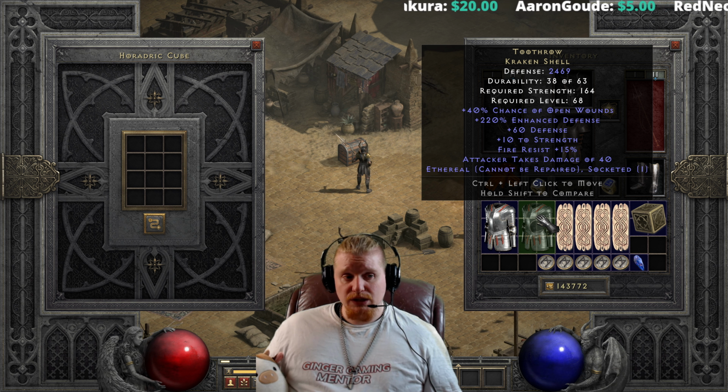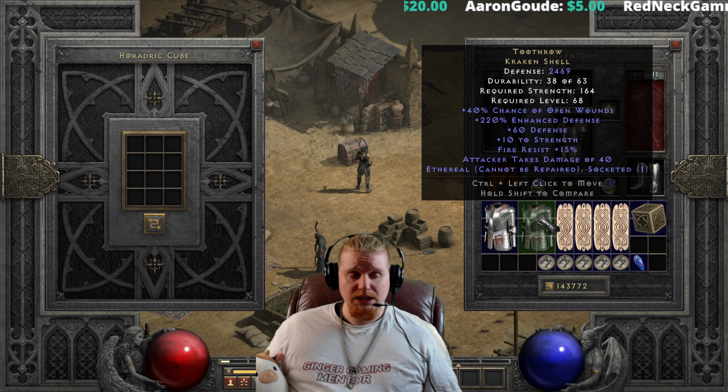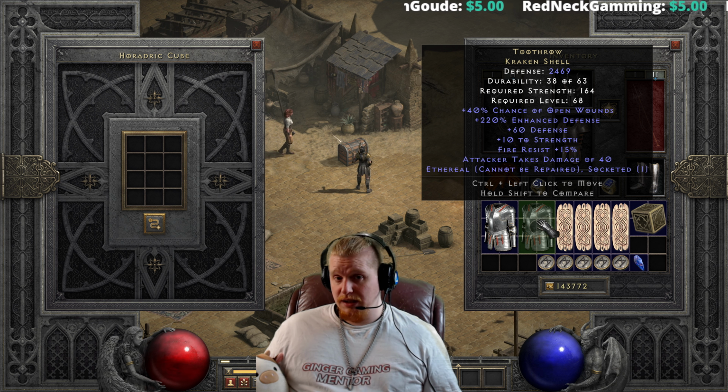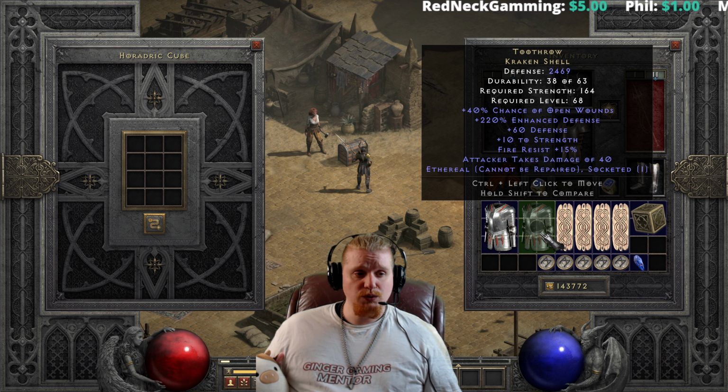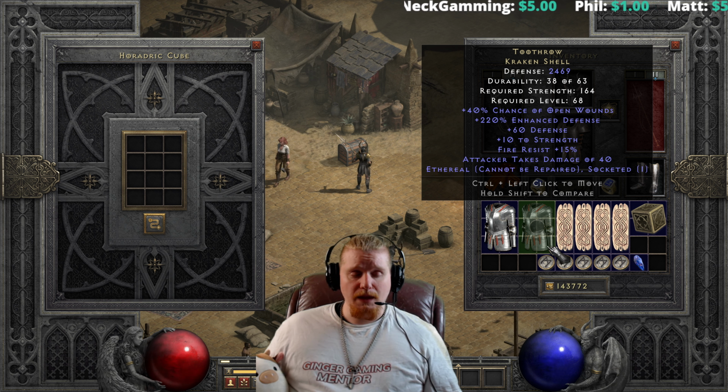But you could potentially use this on a mercenary to good effect. The 40% open wounds could certainly be nice to help, like I said, prevent monster regeneration. Maybe socket it with a 15% IAS jewel, and I don't know. I do feel like the Lem Rune